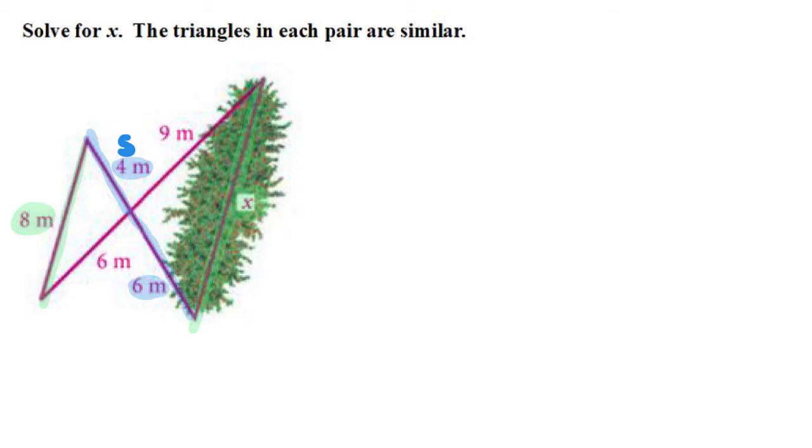So that means the 4 is going to correspond to the 6. So if I want to set up my proportion, I could say 8 over x is equal to 4 over 6. Now the other alternative you could use is, instead,